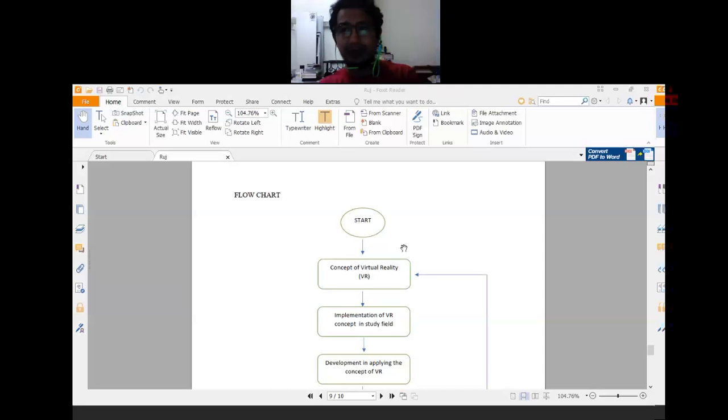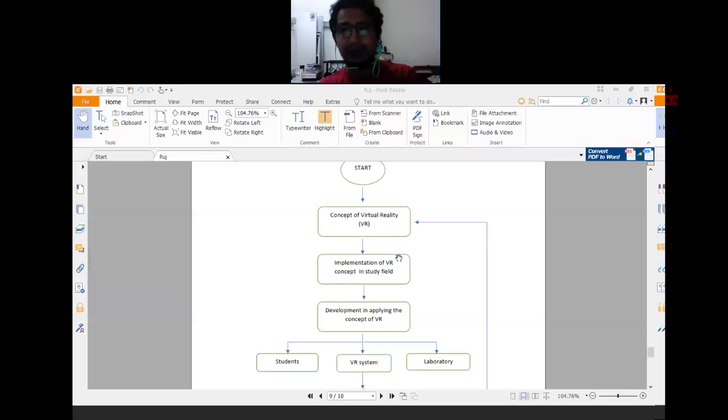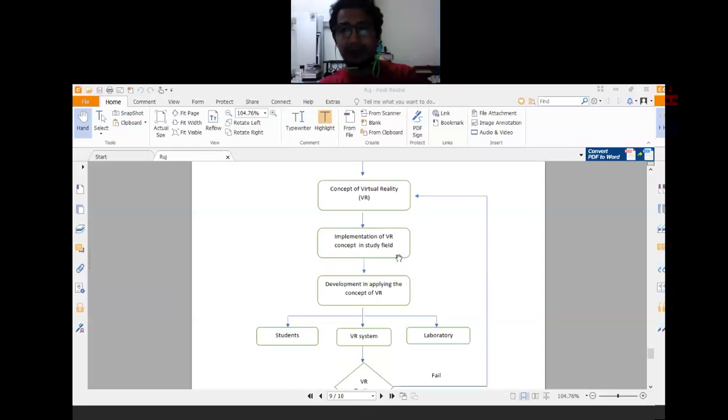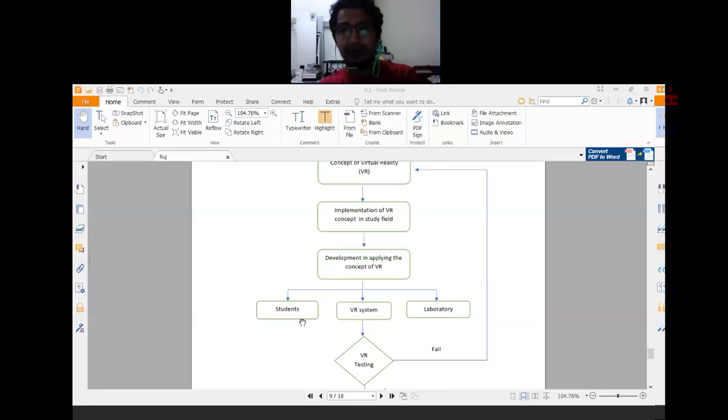What we focus on in our field is the recharging process of the refrigerant. The next step is the development in applying the concept of VR, which is divided into 3 categories. First is the students, the student development in using the concept of VR. Second is the VR system itself, how it functions, and the third is the laboratory, how it will